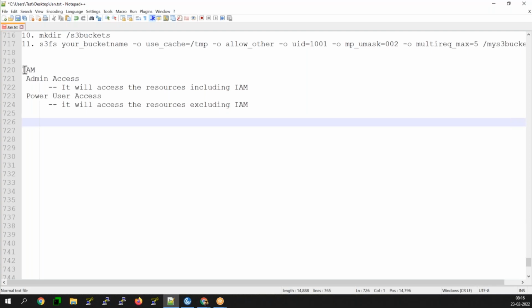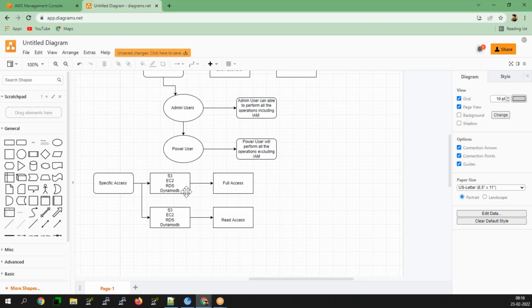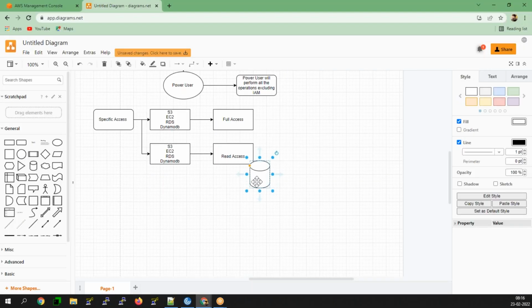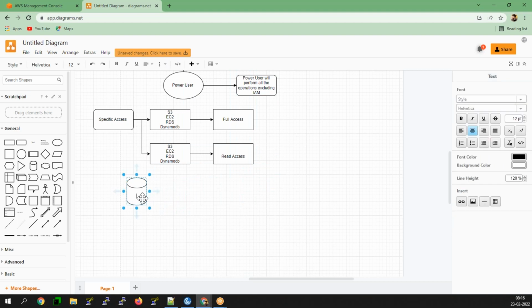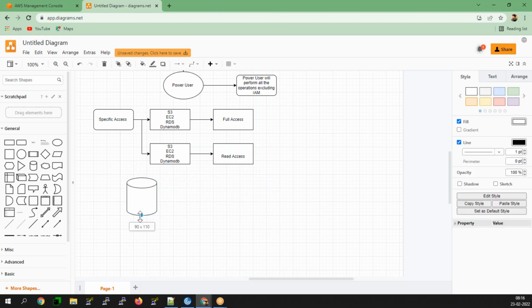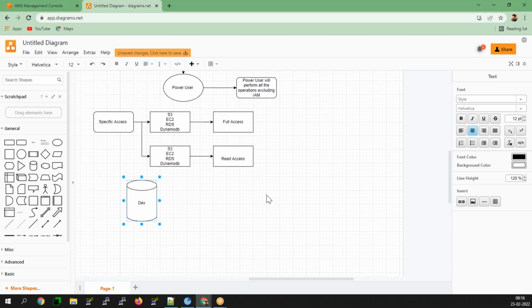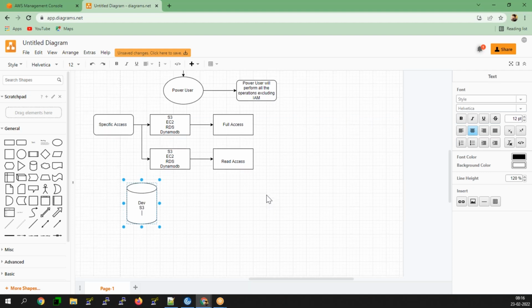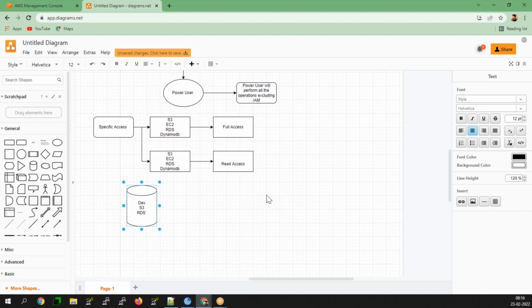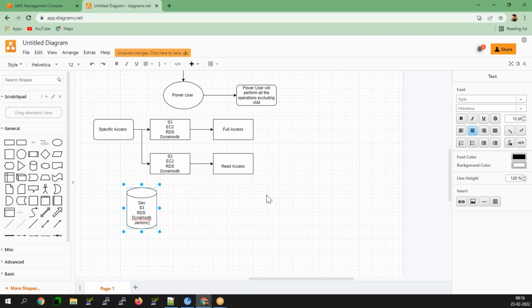For example, I have a development group here where the developers have only read access. They have read access for the S3 bucket, access to RDS, the respective DynamoDB, and a few of the Jenkins nodes, that means EC2 instances.